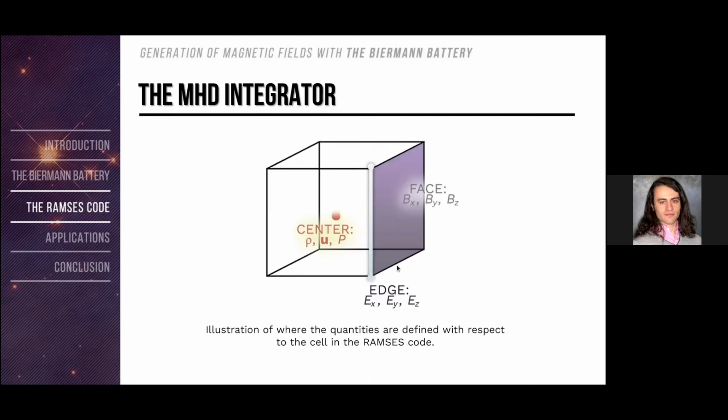Following this prescription, the Ramses code no longer stores the magnetic field at the center of the cells, along with the other traditional variables, but computes it on the faces of the cells. So in this framework, the total flux is defined at the edges of the cells, so that its circulation defines the B flux across the surface of the face. This figure recaps where the quantities are defined with respect to the cell. This approach has the merit of fulfilling the divergence-free condition to machine round-off precision.